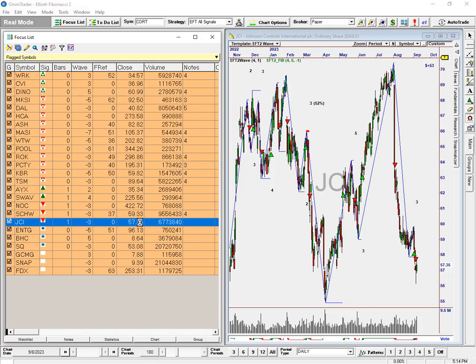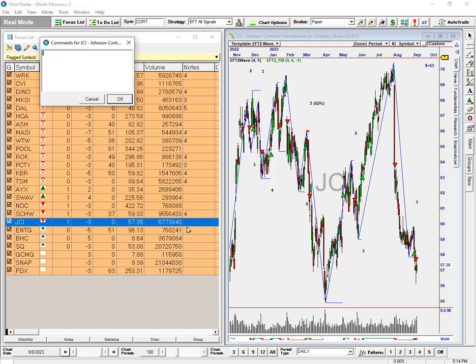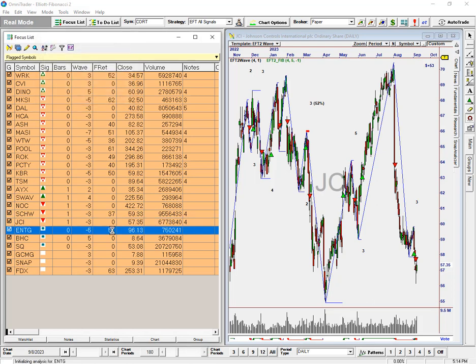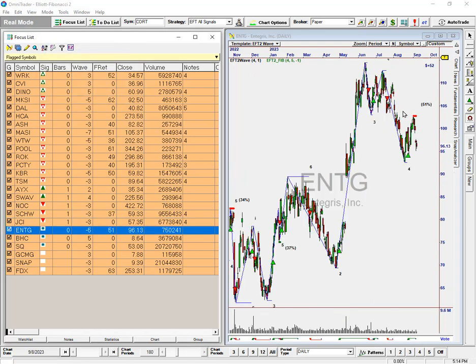This one, JCI. All right, Johnson Controls is again the same. It's going for support right here. So that's decent for a short. Give that a 4. And then these are just, so the dot here means that the system that we're running